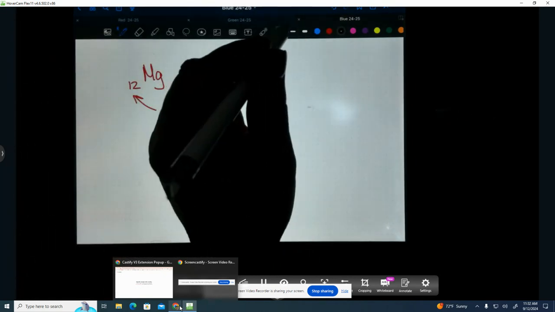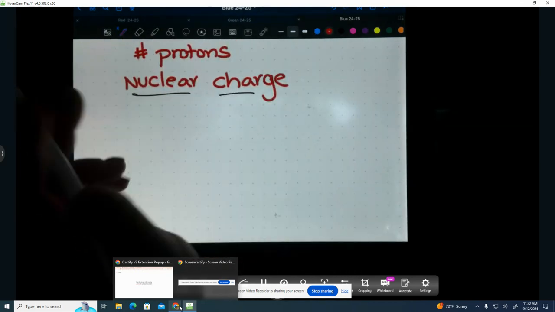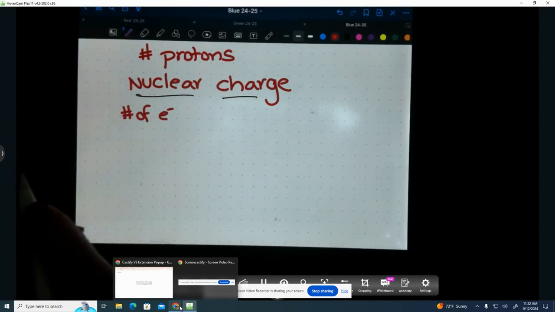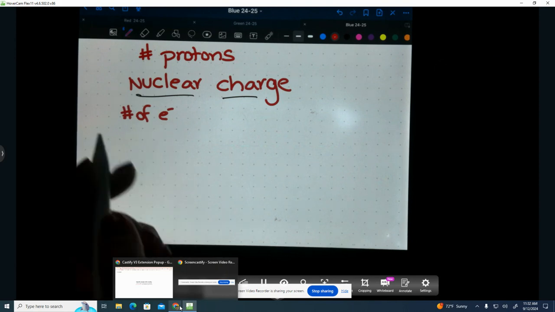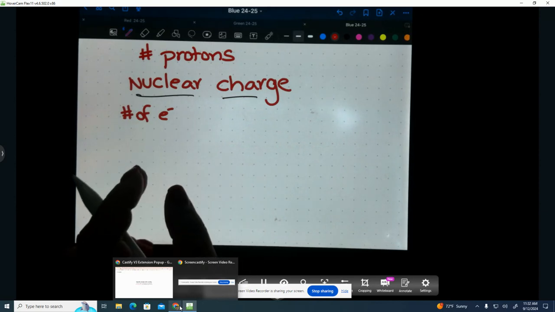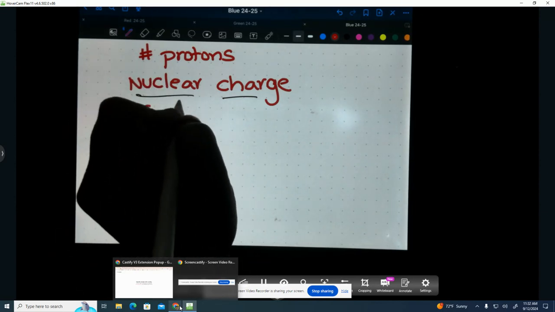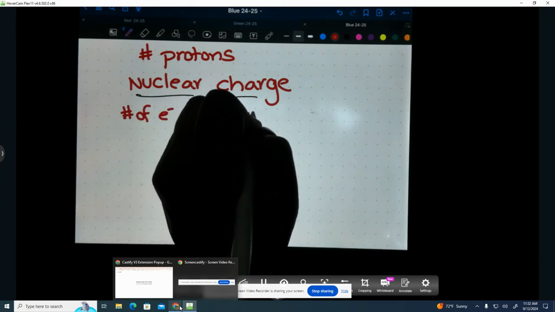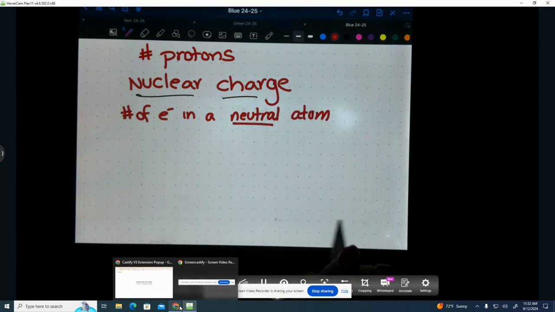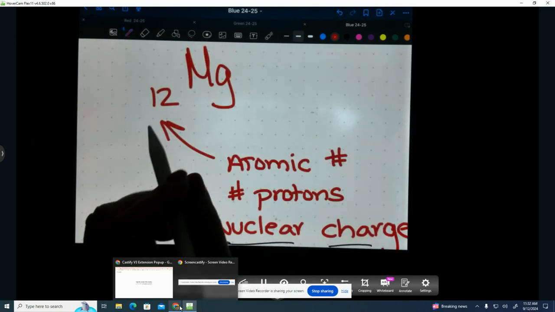There's one other thing the number is telling us about, and we're going to write it down right now, and that is the number of electrons. Keep in mind that this little E with a minus sign right here means electron. It's another way of writing it so you don't have to write the whole word electron out. Number of electrons in a neutral atom. Neutral means that the particle we are talking about has no charge. So if you're neutral and you know that your nucleus is positive, let's say it's positive 12, like the magnesium